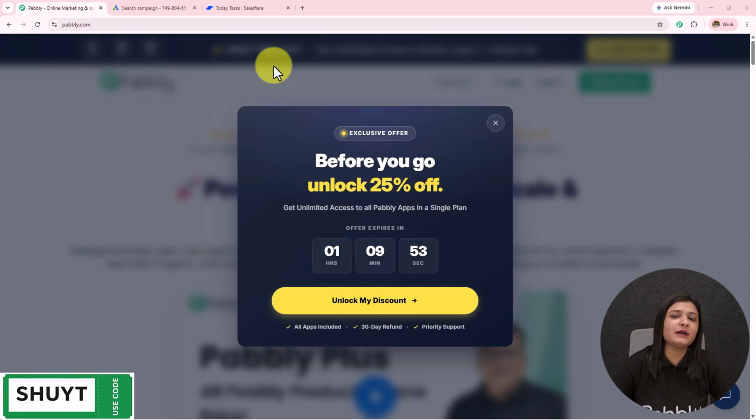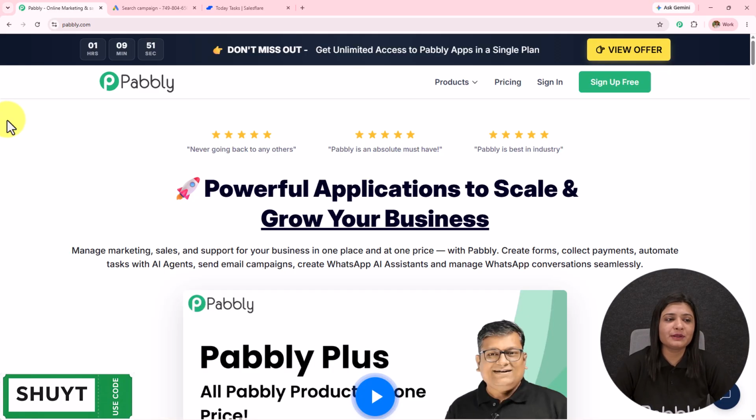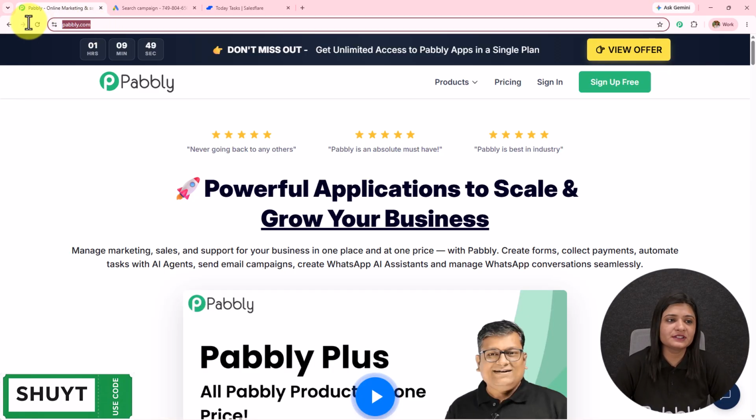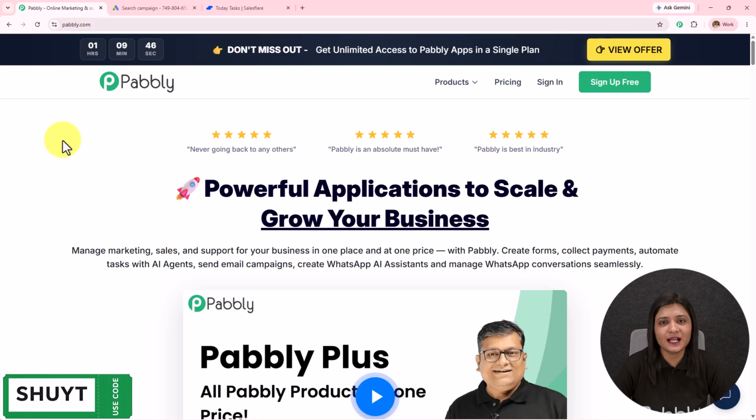This is the landing page of Pabbly, and you can visit this simply by typing pabbly.com in the browser. After browsing the website, we need to sign into a Pabbly account. On the top right corner, we can see two options, sign in and sign up for free. If you are an existing user, click on this sign in. If you are a new user, click on this sign up for free, and this will give you 100 tasks